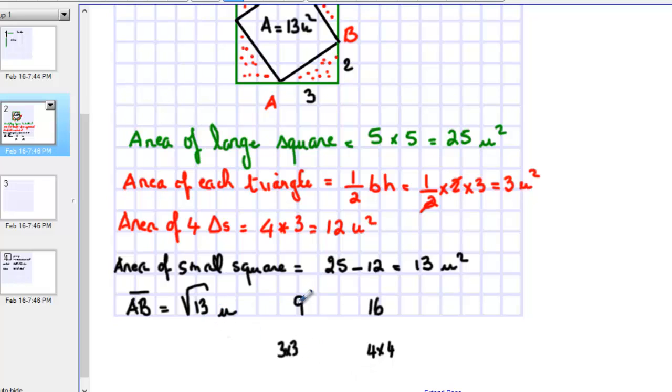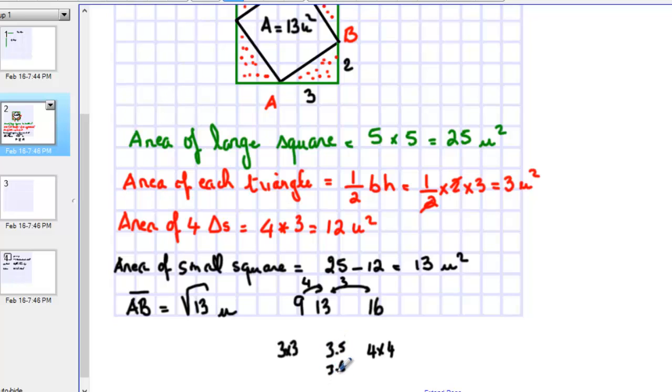From 9 to 13, I need approximately 4 units. And from 13 to 16, I need approximately 3. So it's almost like here 4 and here 3. That means it's closer to the 16. That means we can say 3.5 or 3.6,